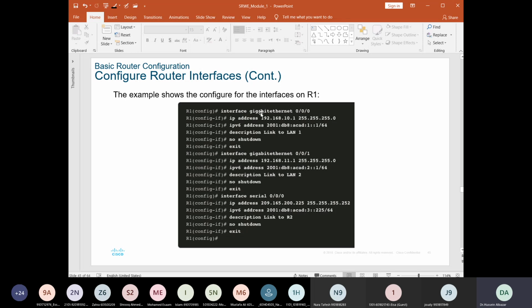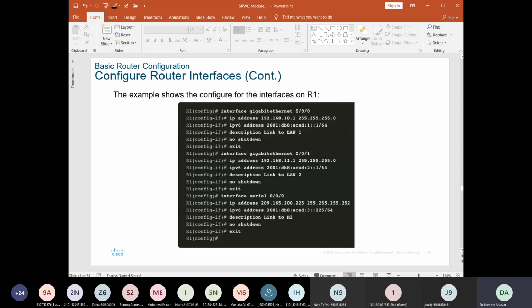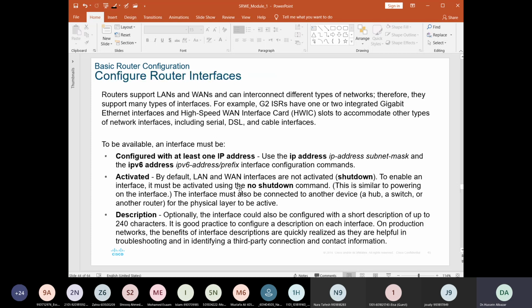So interface gigabit Ethernet 0/0/0, now IP address 192.168.10.0, subnet mask is provided, IPv6 address, description is used here, link to LAN 1. No shutdown,